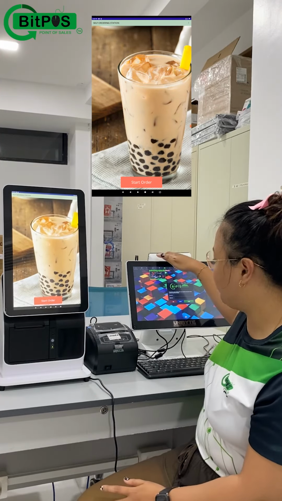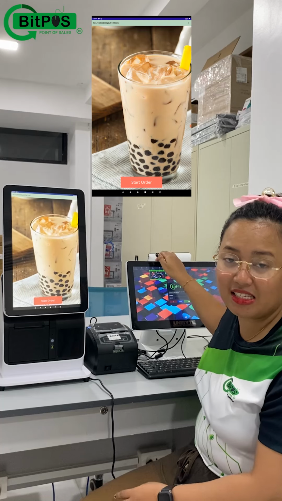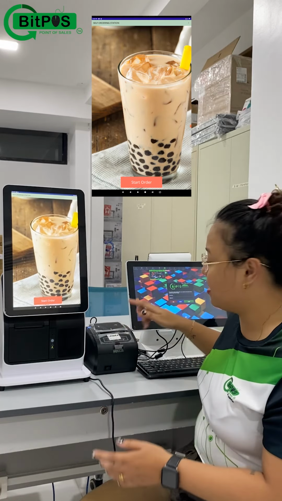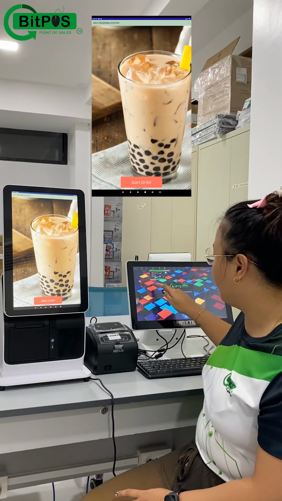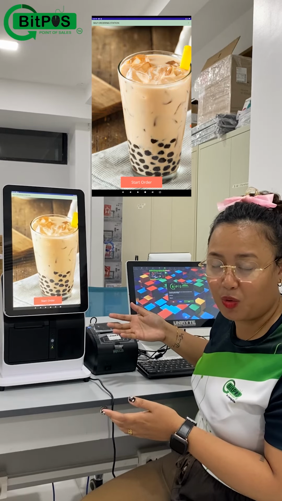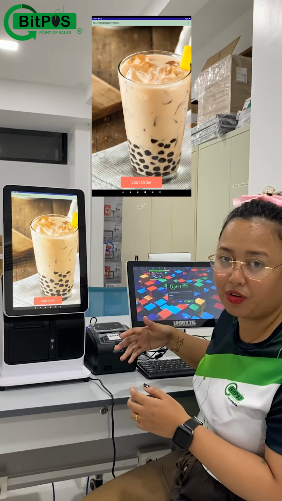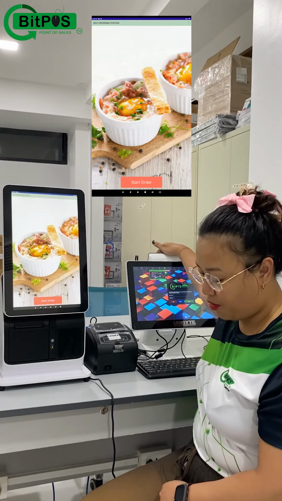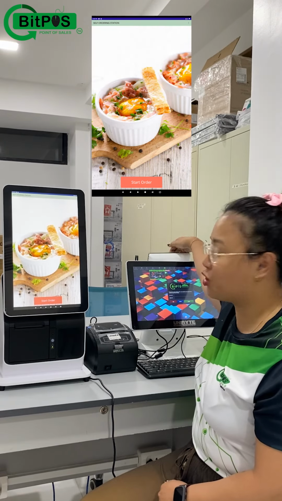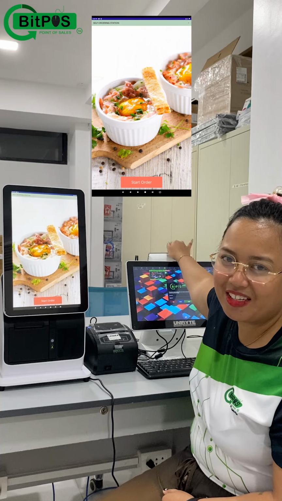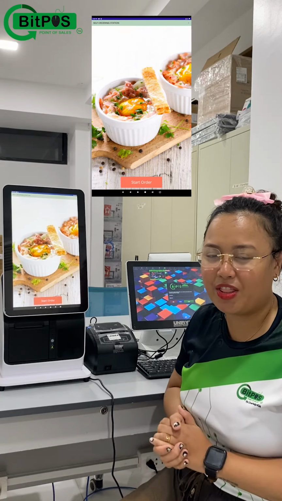And of course, my POS cashiering device. This is a VFD all-in-one device. It is also touchscreen, which makes it more convenient for our cashier to punch the order. Of course, we also have a front display here where the customer can see the total amount. So let's dive in with the process.